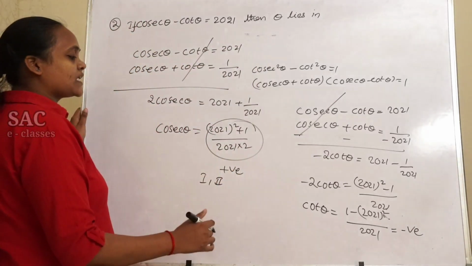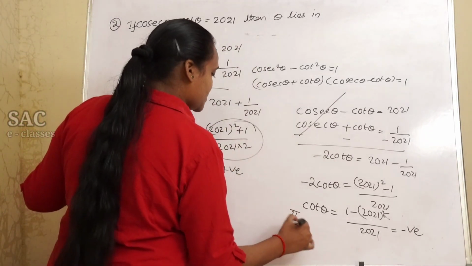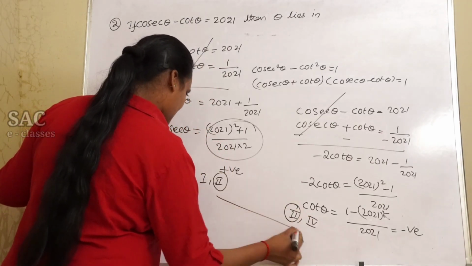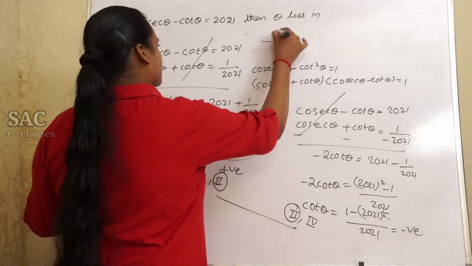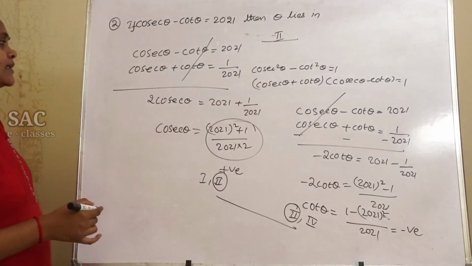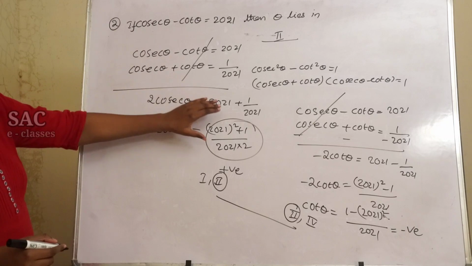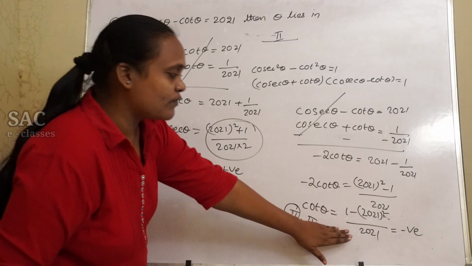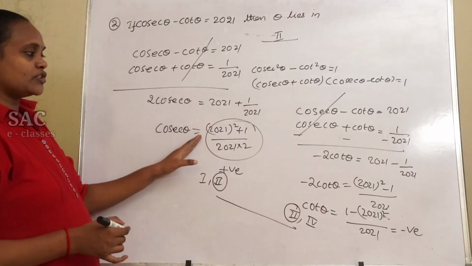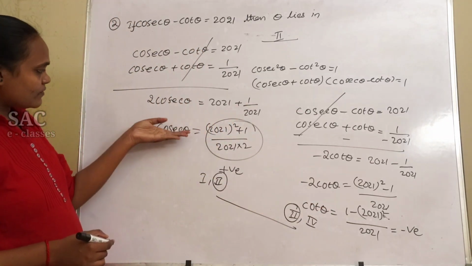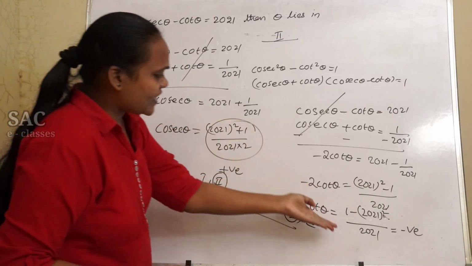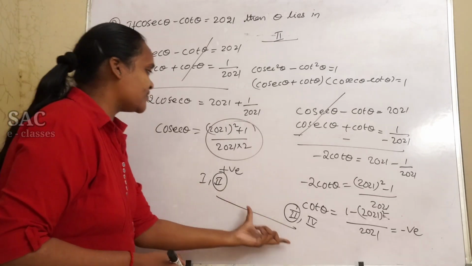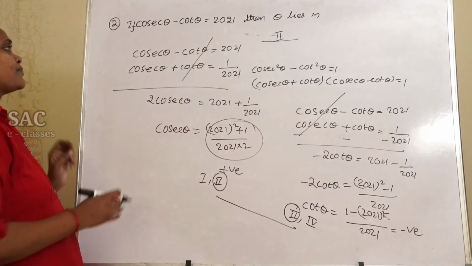In which quadrant is cot negative? Cot is negative in second and fourth quadrant. The common quadrant for both is second quadrant. So theta lies in second quadrant. Like this problem, they have given it without actually calculating the values, whether they are positive or negative, we will verify that. If they are positive, we find which quadrant they are in. If they are negative, we use the corresponding quadrant we have observed, then we can find the common quadrant for both. Let's move to the next problem.